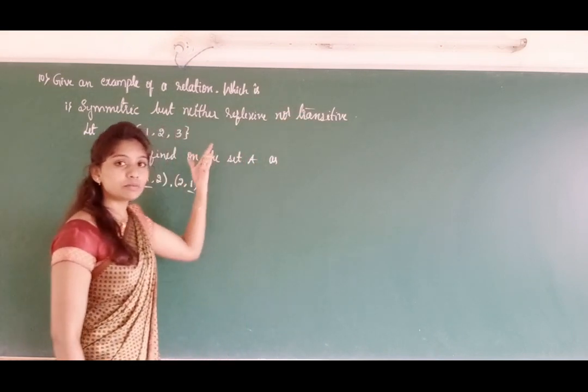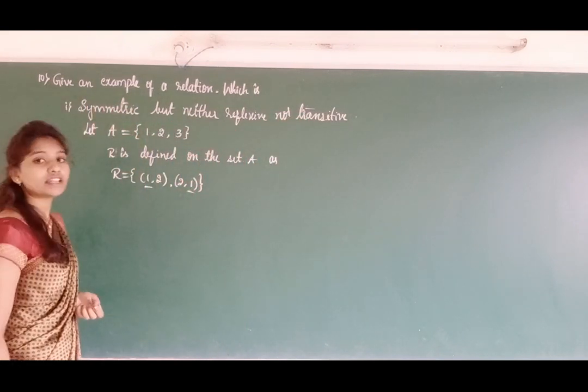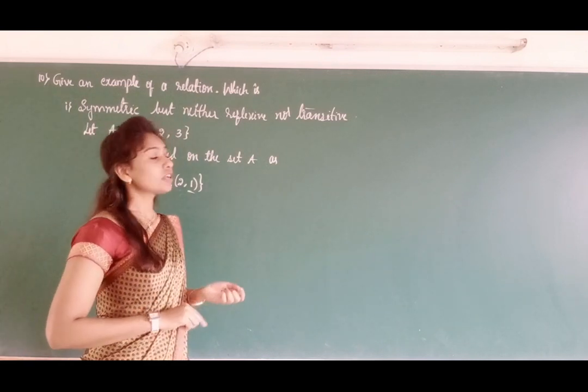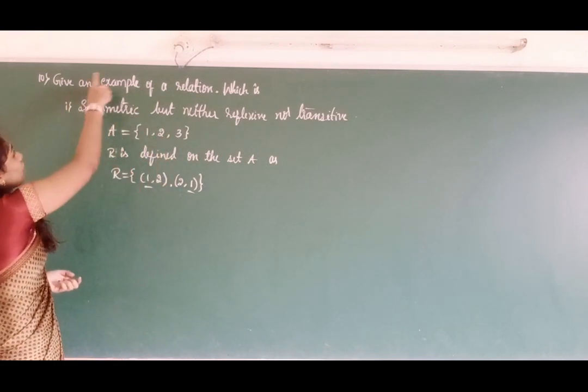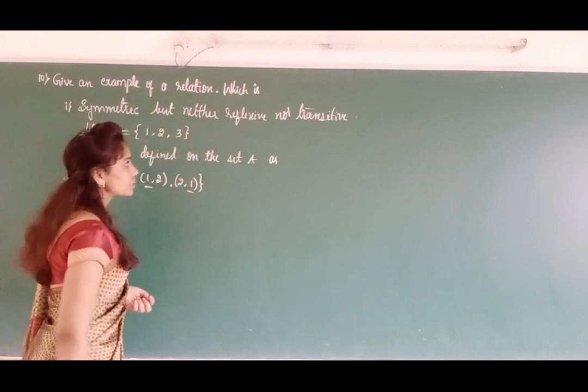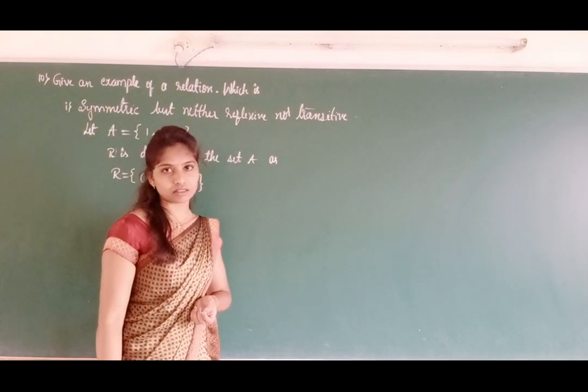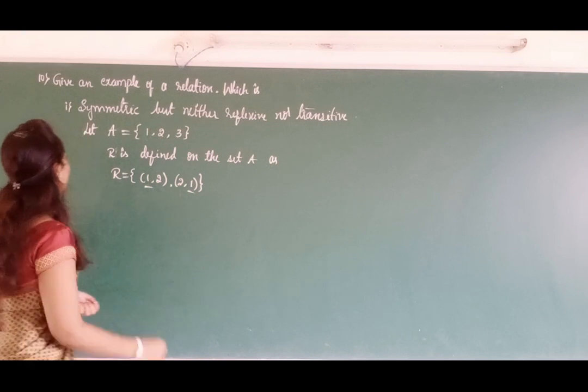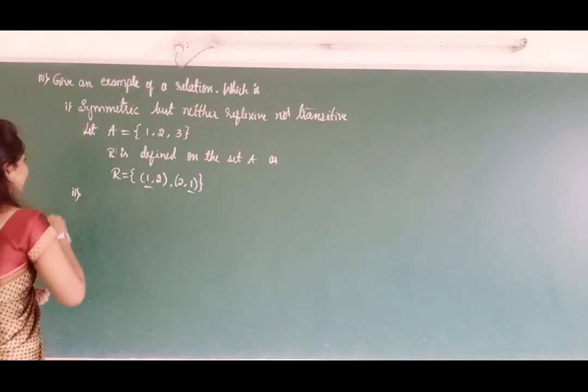This is a very important question. Question number 10 is very important for a 1 mark question. If they ask you to give an example of a relation that is symmetric but neither reflexive nor transitive, for 1 mark. Clear? And the second one, give an example